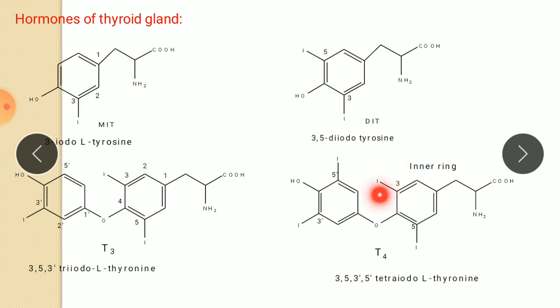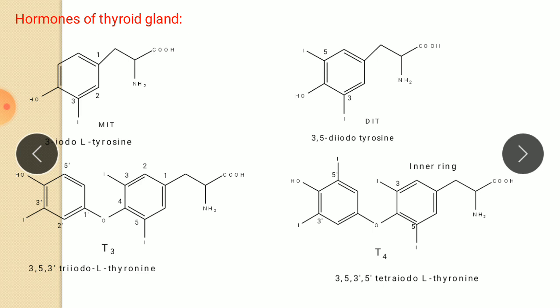This ring is called the inner ring. Here we have 1, 2, 3, 4, 5, 6, and on the other ring 1 dash, 2 dash, 3 dash, 4 dash and 5 dash. So there are 4 iodine atoms attached at the 3rd, 5th, 3 dash and 5 dash positions. Therefore, tetraiodo